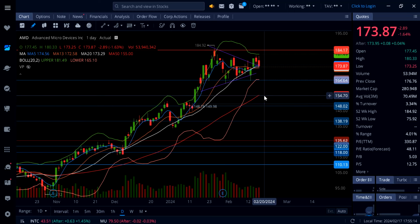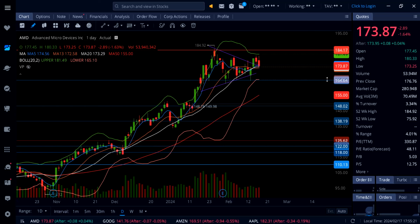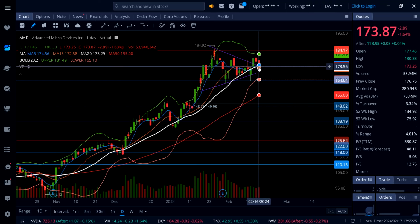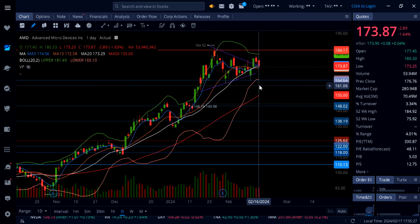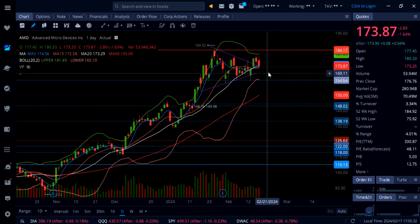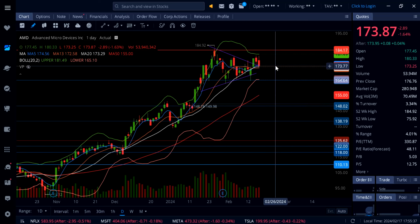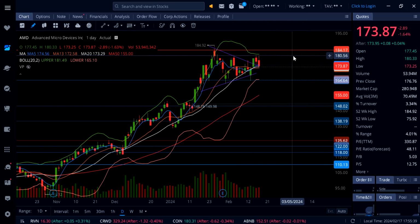So going into next week, AMD now holding above 173.29, rising 20-day moving average, and that's going to be a big level of support on AMD, because below that you're going to see a dump off all the way down to 164. To the upside, AMD now will find resistance right here at 180, and if AMD can clear 180, then watch out for a move up to 184. Below 164, this support, then AMD can dump even more, possibly down to 155, and then this gap